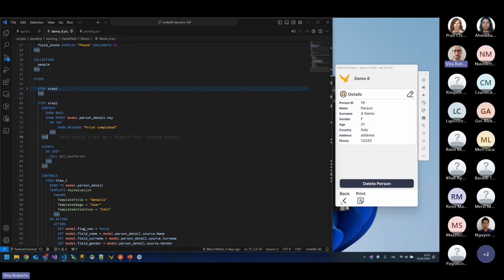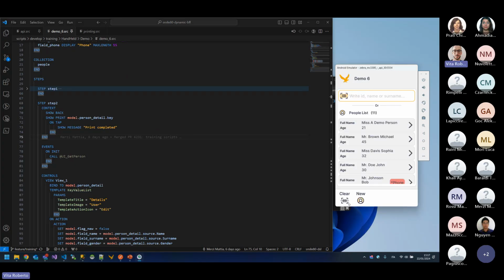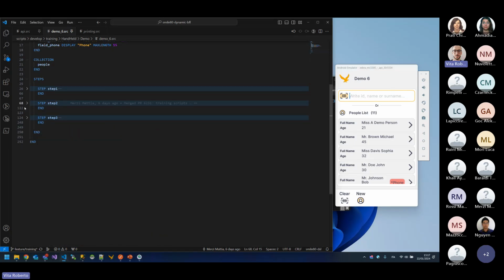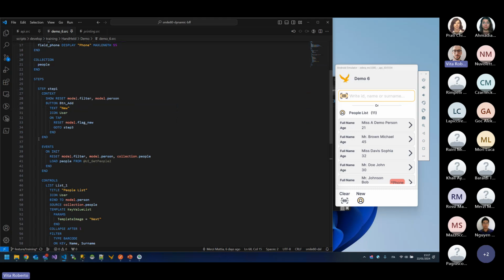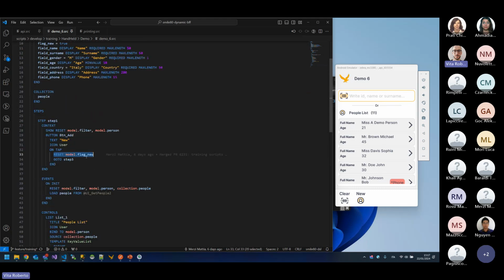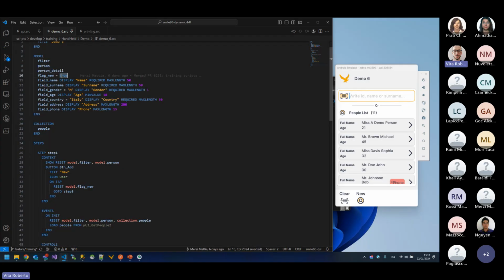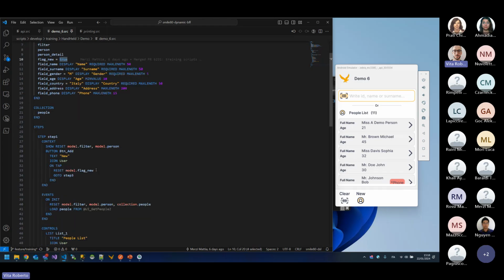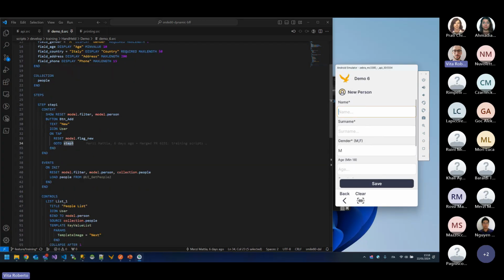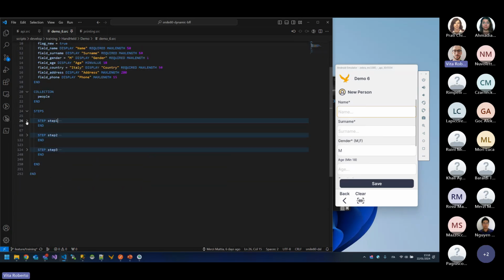Then, of course, we can go back and we can see that when we tap this new button here, we are on step 1. I added this one. So on top, I want to reset model.flagNew, for example. The default value is true. So the default behavior is to create a new user. So I want to reset this flag and go to step 3. When we go to step 3 with this flag enabled, let's check